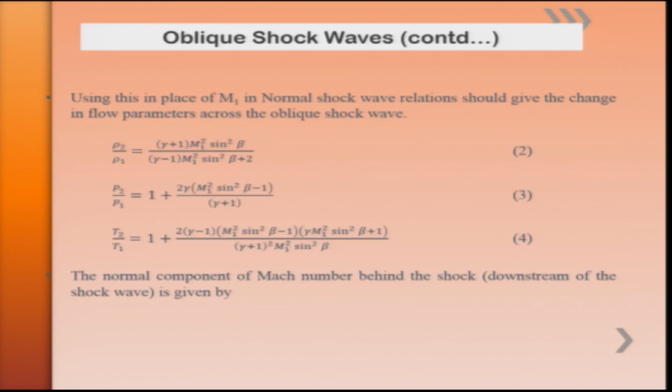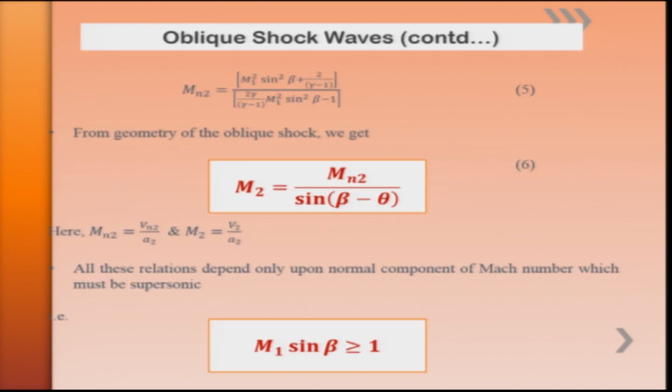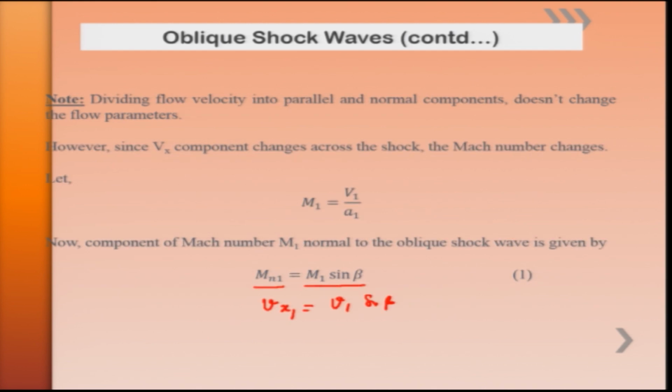Similarly, on the downstream side, using this trigonometric relationship, the downstream normal Mach number Mn2 can be related to M2 as sin of beta minus theta, and then we can find Mn1 and Mn2 from M1 and M2 using the wave angle. Now, since we have a very important relationship that Mn1 is equal to M1 sin beta, then wherever